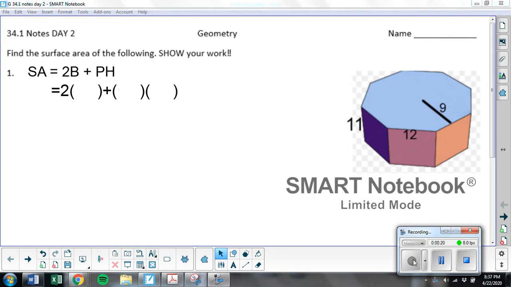So we're going to find the surface area of the following. We're going to show our work. Remember, surface area is the area of this surface, and this surface, and this surface, and the top surface, and the bottom surface, and all the surfaces added together is the total surface area. Instead of doing each side separately and adding them all up, because there's a lot of faces here to add up,